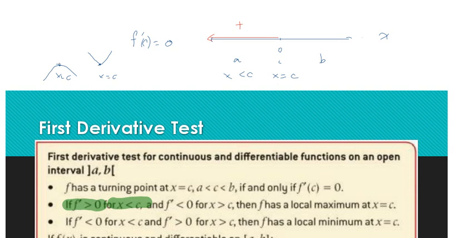And at x greater than c, we shall have here x greater than c,